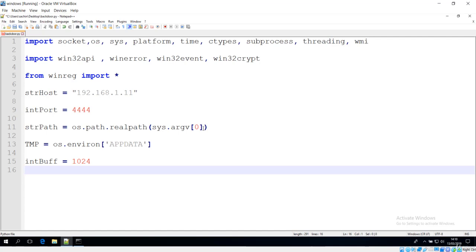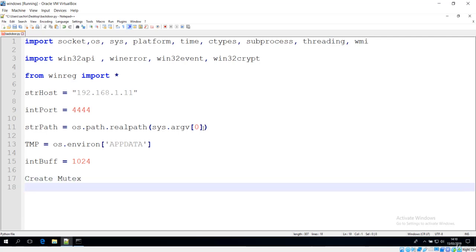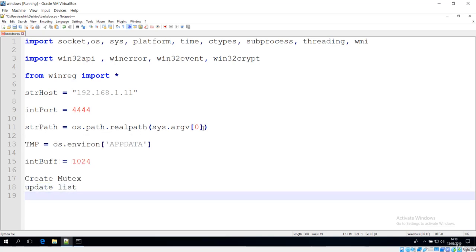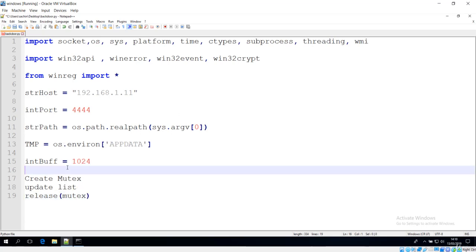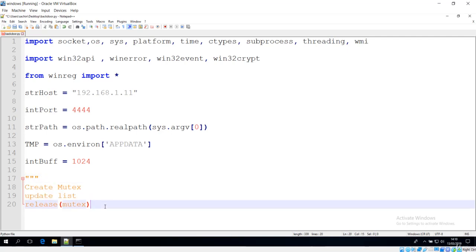Let me take an example: I create this mutex, and next I update something, maybe a list. Then I release that mutex. So these are the three operations that we do here.